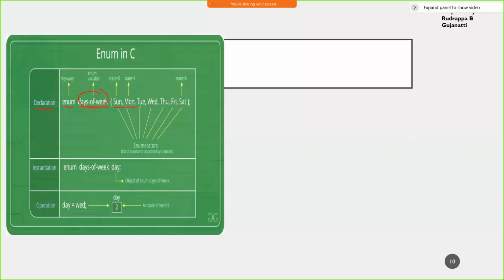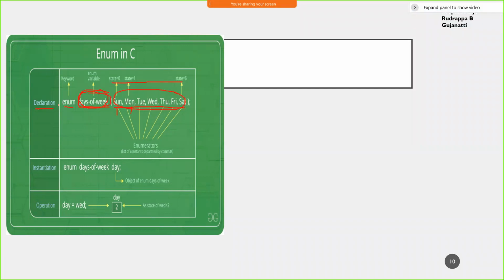This variable can have only the values provided here. The index of the first one is 0, the next one is 1, and this is how it goes. These are the set of values which will be allocated to the enum data type.